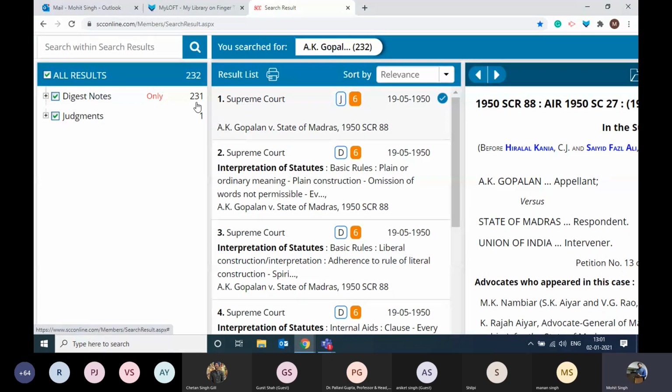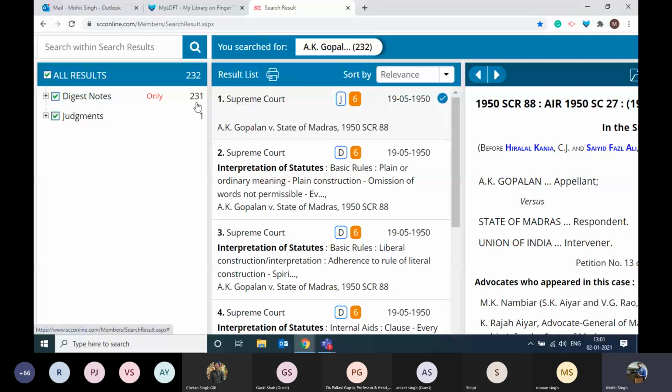Digest notes are specifically made by the editorial team of Eastern Book Company. They represent how many important law points were discussed in this particular case. So all in all, there were 231 important points of law discussed while deciding this case, A.K. Gopalan versus State of Madras.